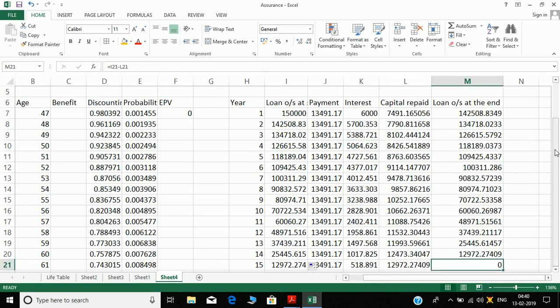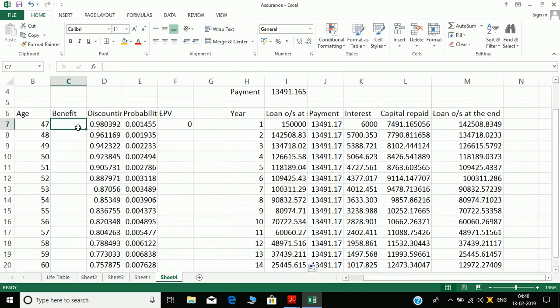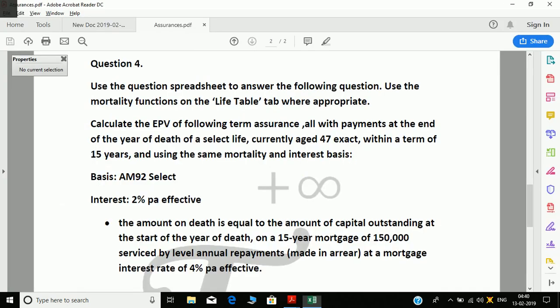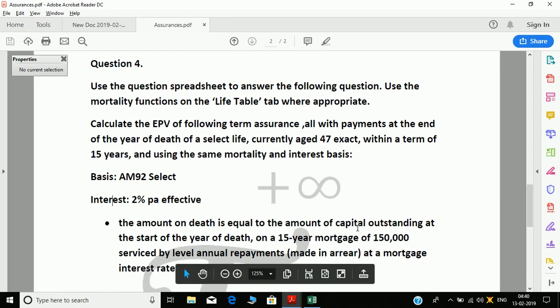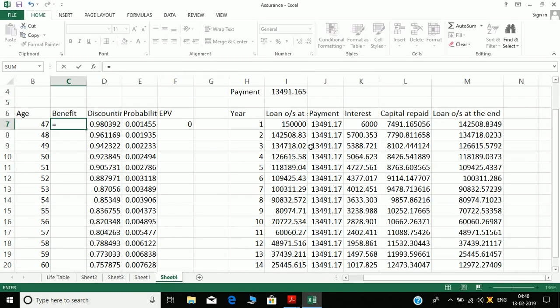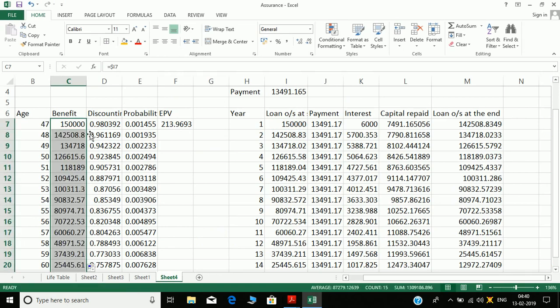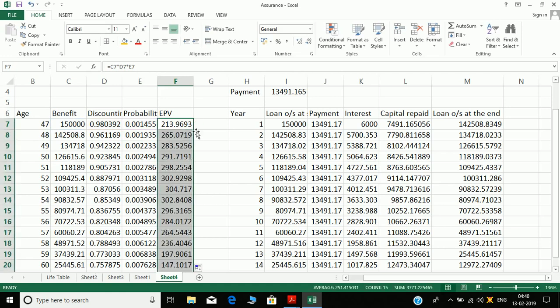Okay, now benefit amount is equal to the amount of capital outstanding at the start of year of death. So this is the start of the year. So each of these are my capital outstanding. So these become my benefits. After this becomes my benefits, I will just pull down the EPV.